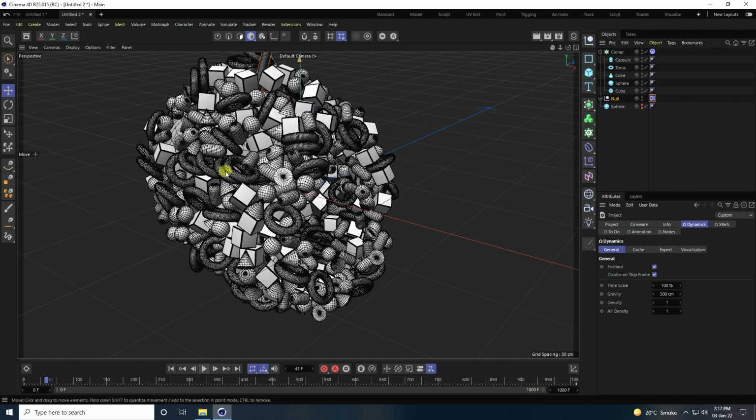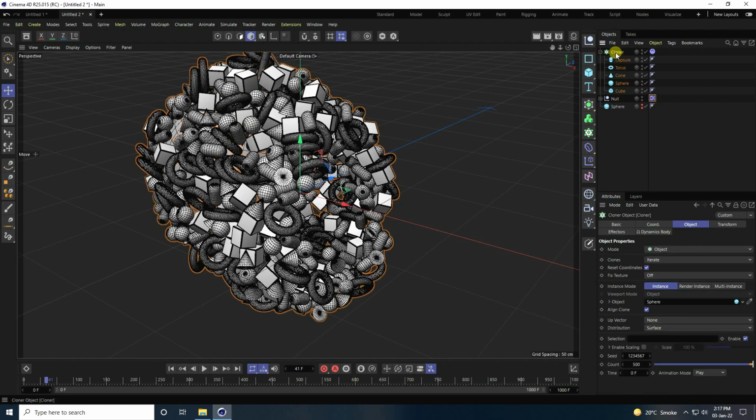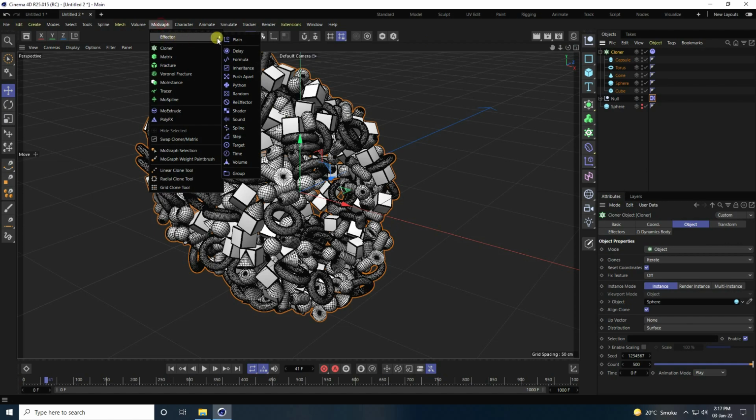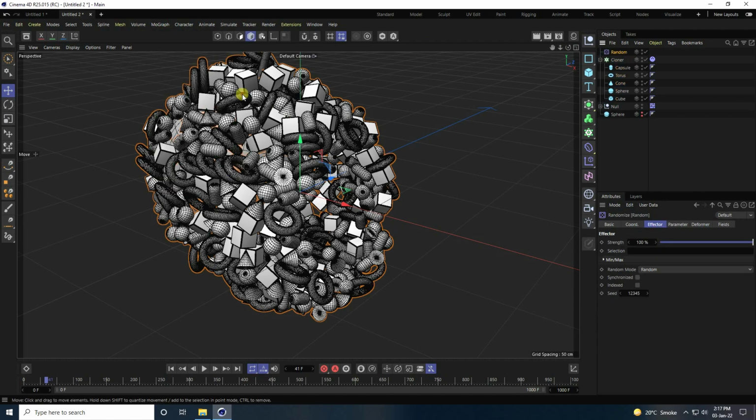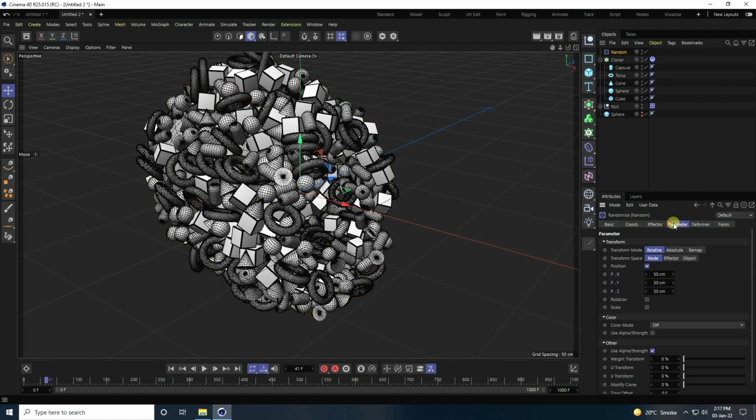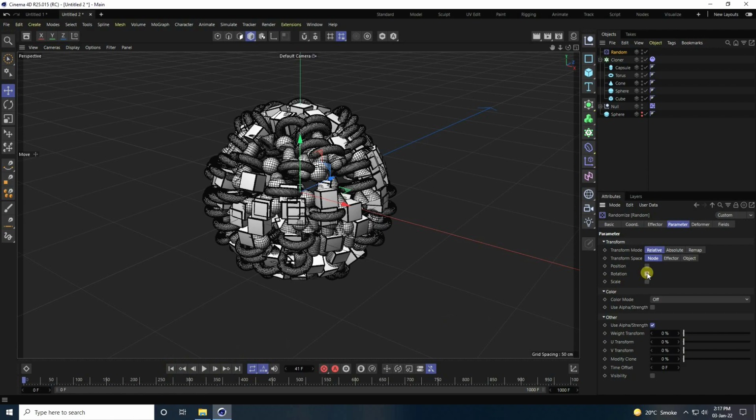Okay, so next one, guys, this time I apply the random effector tool. So guys, select your cloner and go to MoGraph effector and use random effector. So go to parameter, guys, position uncheck. So go back, and guys, rotation check. Guys, rotation randomly change,